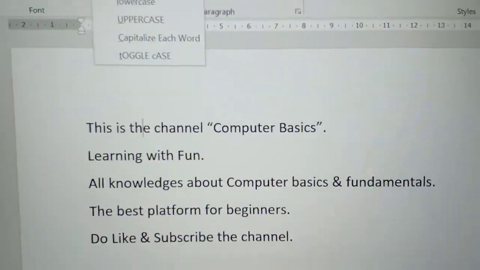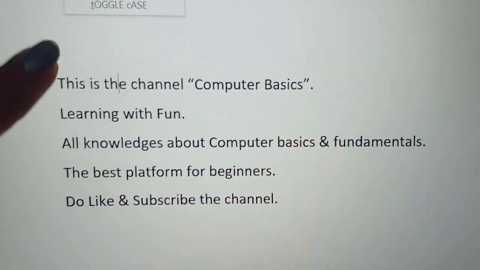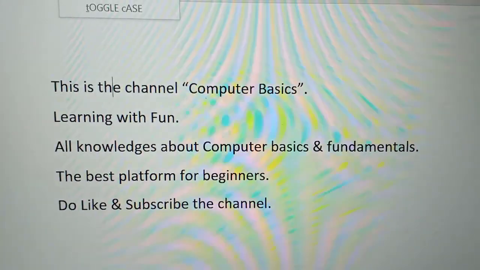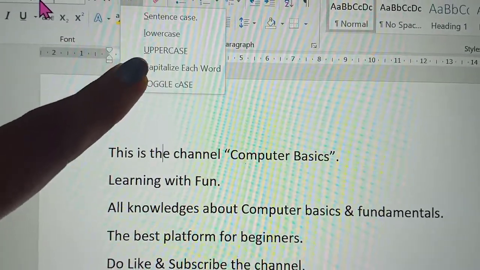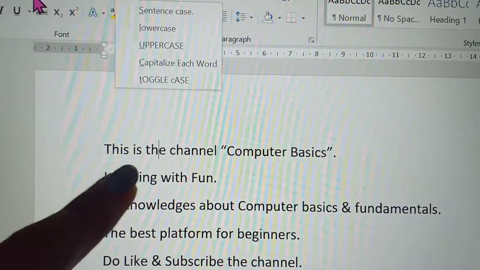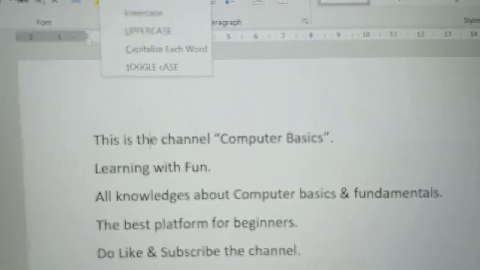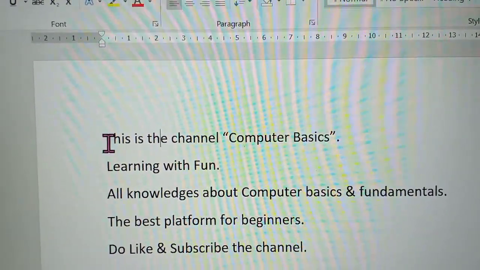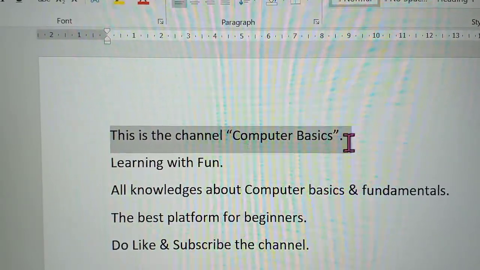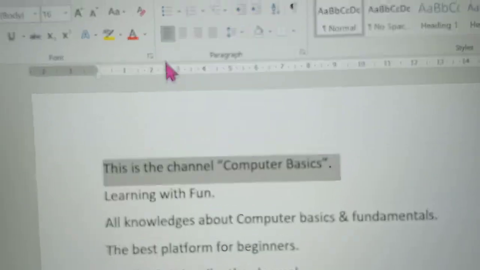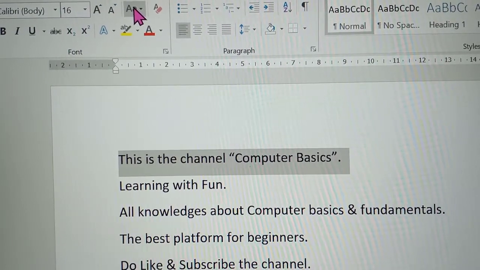See here, there are 5 sentences and 5 case change options. So I will apply one case change option to one sentence. First I will select the first sentence, then I will select the case change option.